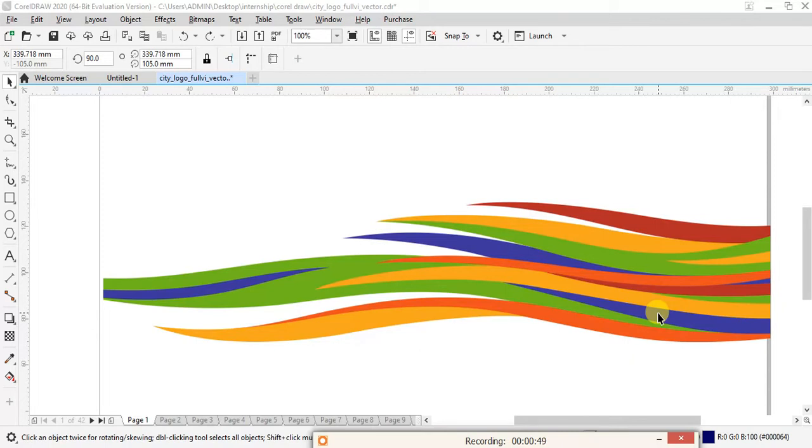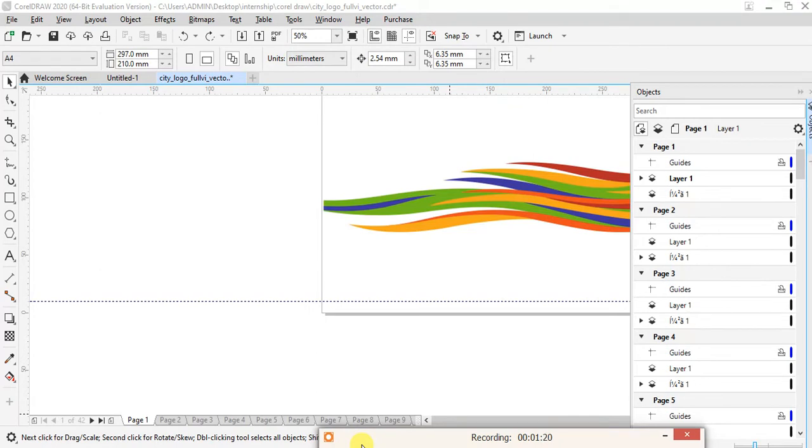To design a single logo, we have to use different objects and group them together. That logo, when you group it together, becomes one object. Each object can be edited separately, meaning that shape, color, size and position can be changed.